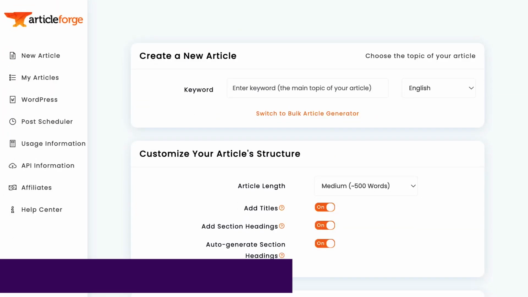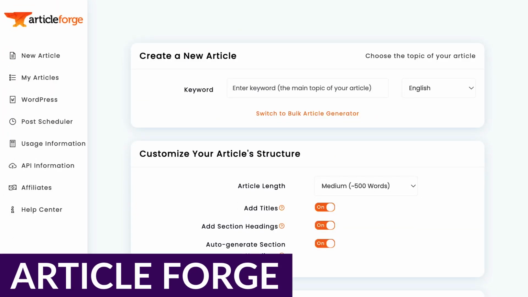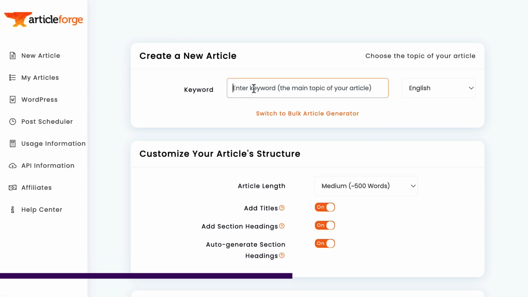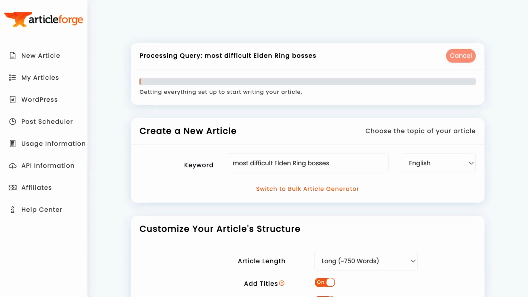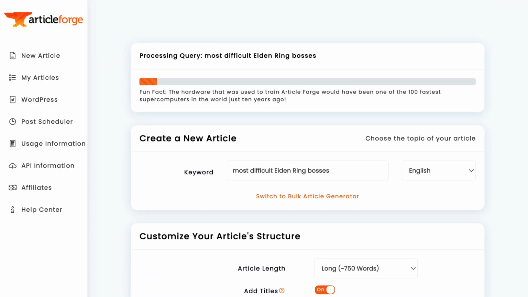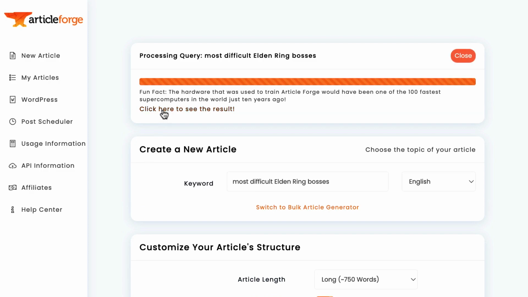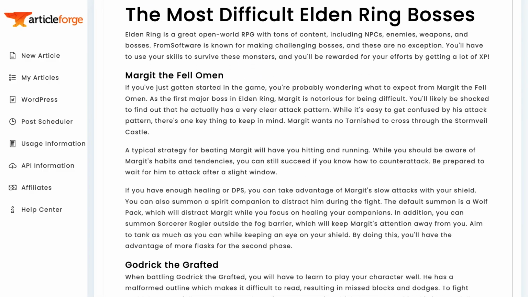And finally, we have Article Forge. Article Forge is an AI-powered writer that can help you write over 1,500 plus word content automatically. From blog posts to essays, Article Forge can deliver unique and high-quality content about your topic with just a single click. It can also generate content in one click by adding keywords and length. Using Article Forge to create essays is a straightforward process. You simply input your chosen keyword or essay topic along with the specifics of your instructions. Plus, you can choose from one of 7 different languages for your